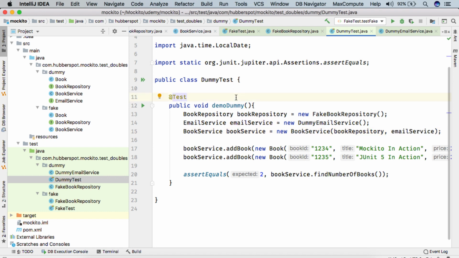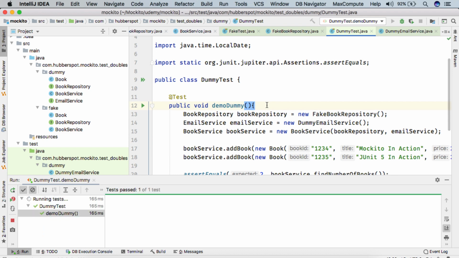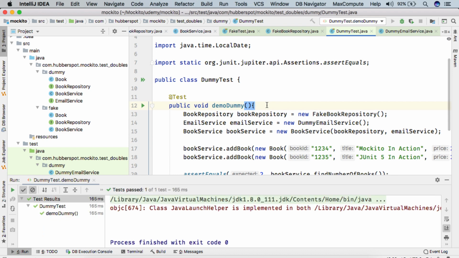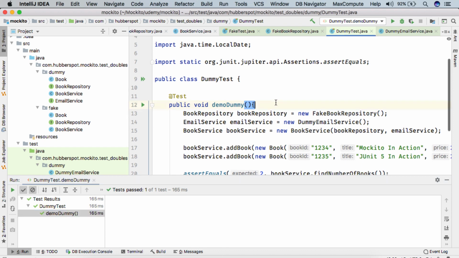The only purpose of the dummy test double is that it is not used in the actual test; it is simply used to make the code compile. If I run the test case now, you can see the test case got executed successfully.